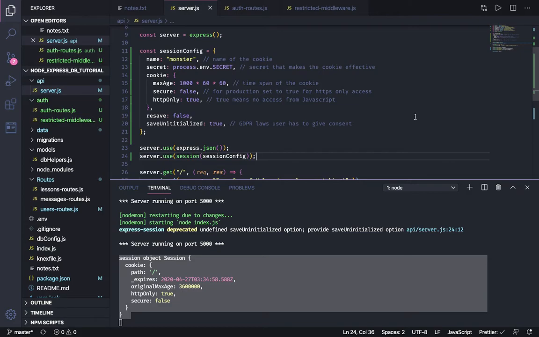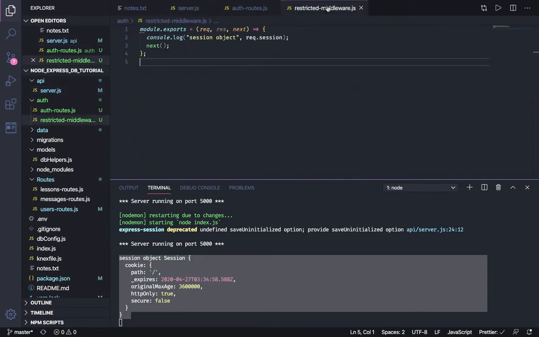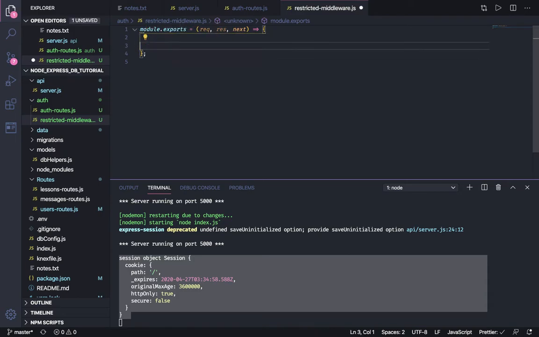So how do we now use our middleware to actually restrict access unless you're truly logged in? What we do is go back to that restricted middleware, and we're going to add some logic in here now. So I want to say if, let me see. First, you have to have. Let me get rid of everything here. I'm going to say if